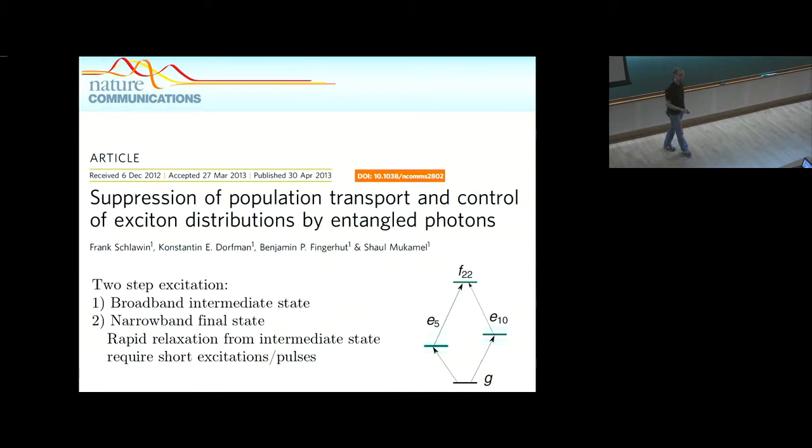But then the problem is that this state here usually has an extremely narrow bandwidth. But you're using very broadband pulses. And so the efficiency of this process, on the one hand, is extremely low. But on the other hand, because you're using broadband pulses, here you have a whole array of levels, and you can't really select which of these levels you're exciting from here over to here. You just excite everything all together,